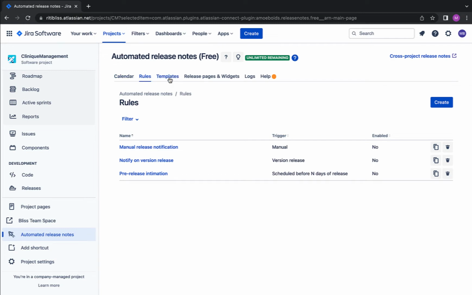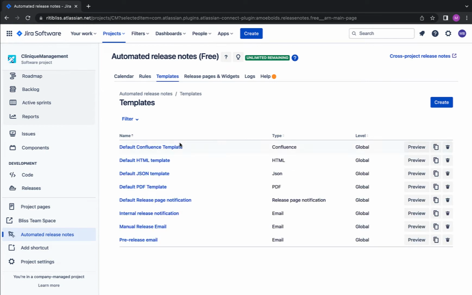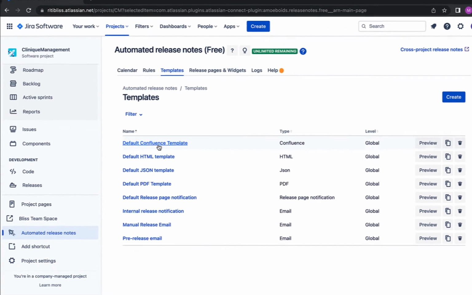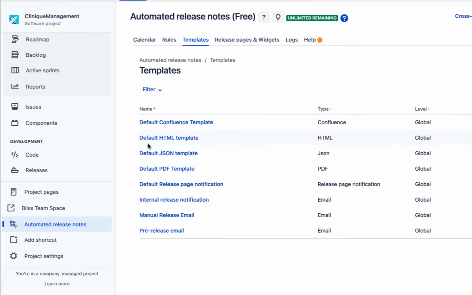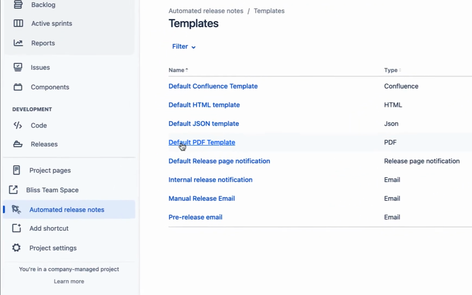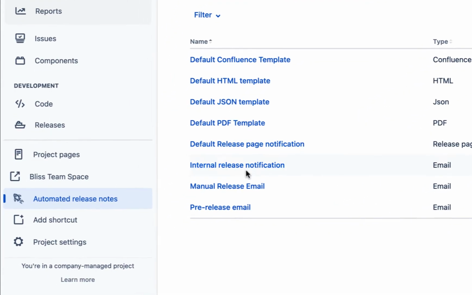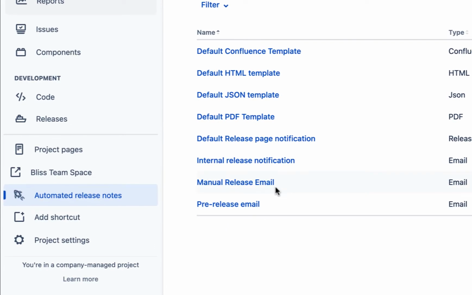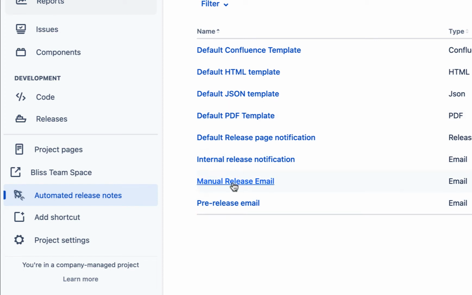Let's understand templates. We have a couple of options already provided by the app. Like we have this default Confluence template, default HTML, JSON, PDF template, and different others as well. Templates in general provide a good idea of what kind of content we can have, and that's why they have provided these different templates. Let's try and open one of them. So I'm opening this manual release email,